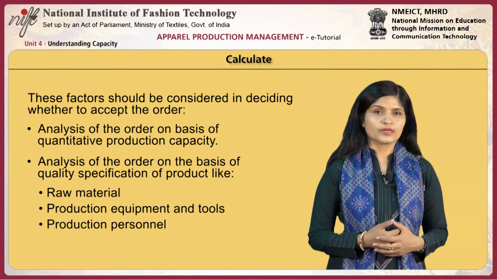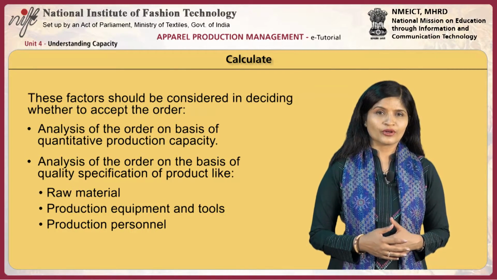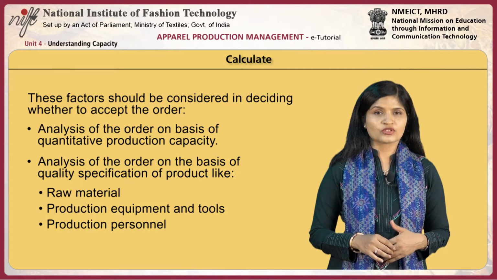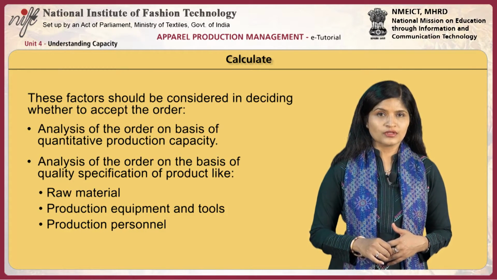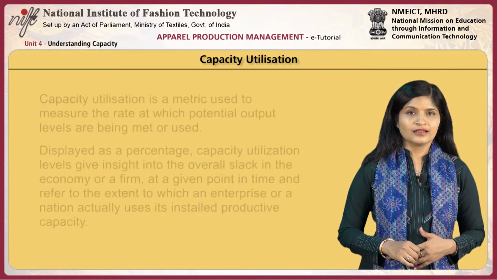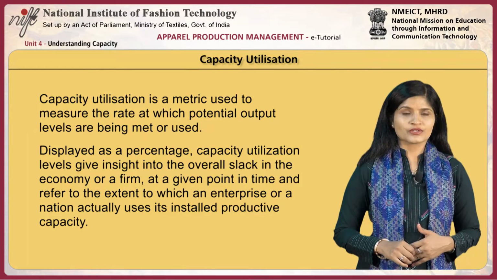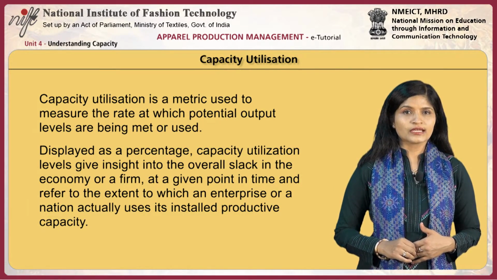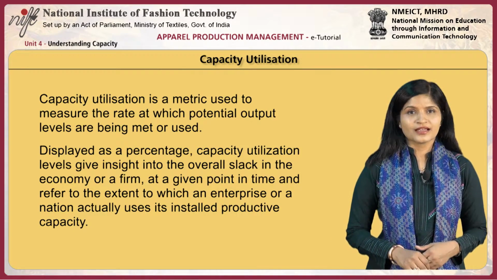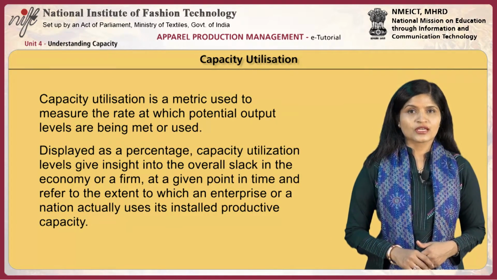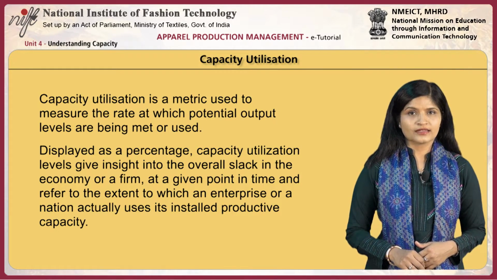Analysis of the order on the basis of quantitative production capacity. Also analysis of the order on the basis of quality specifications of the product like raw material, production equipment and tools, production personnel. Capacity utilization. Capacity utilization is a metric used to measure the rate at which potential output levels are being met or used. Displayed as a percentage, capacity utilization levels give insight into the overall slack in the economy